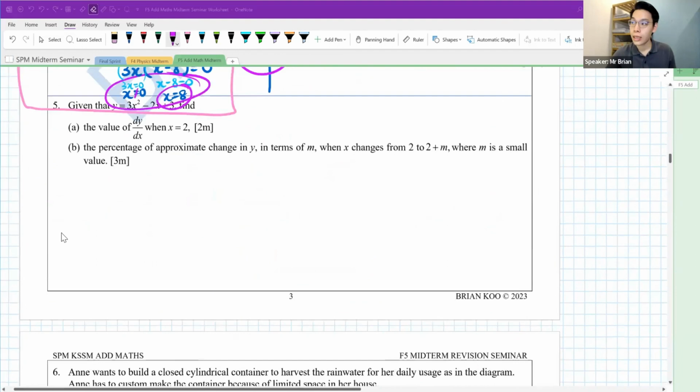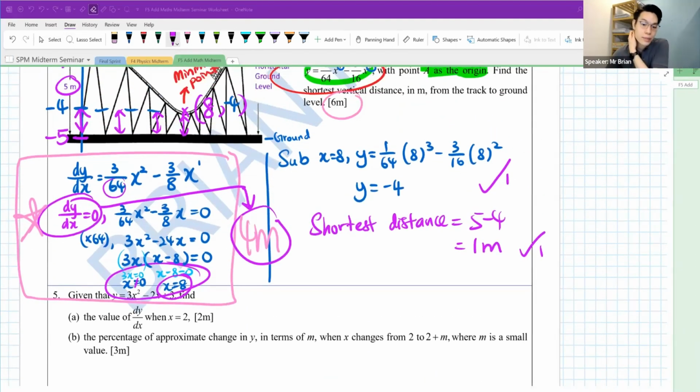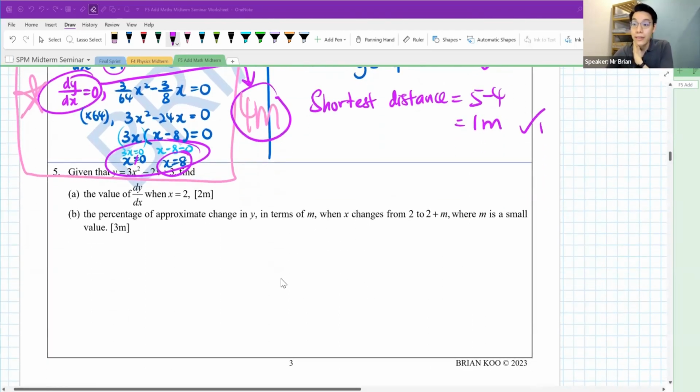Okay. I think for question number 5, maybe I'll just go through the keyword. I will do the working for you later on because I really want to do question 28. Sorry, question number 6. My bad. Question number 6. All right, I really want to do question number 6. So for question number 5, part A very simple, but part B,